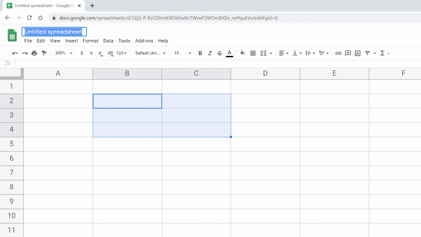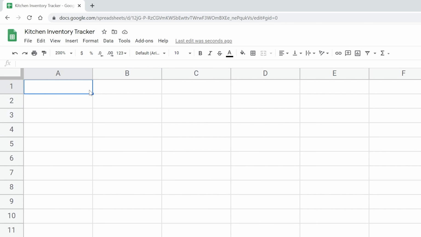So let's name this kitchen inventory. And maybe it's our kitchen inventory tracker. So let's add that word in there too. Press enter, and Google Sheets is always automatically saving, so I don't have to go to File and Save. Once I hit enter, the name is saved, and everything else that I do as we go along will be